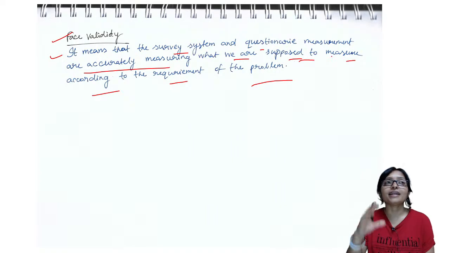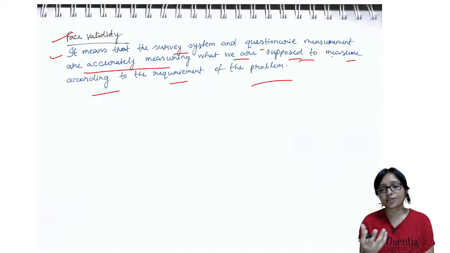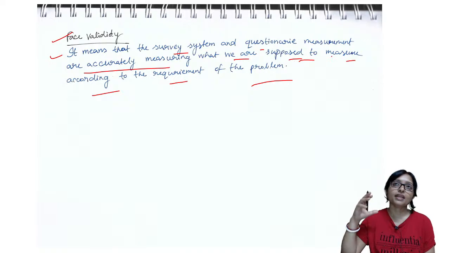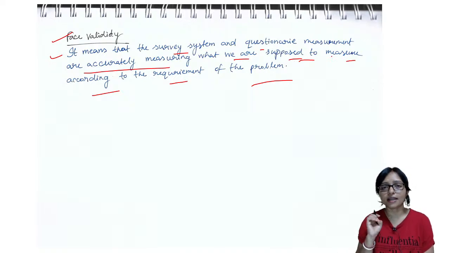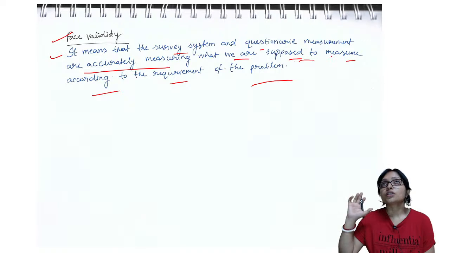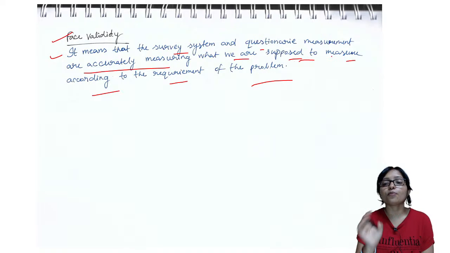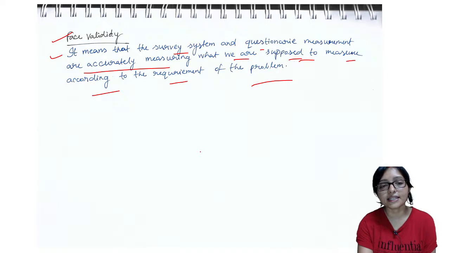Means my target is to see what the educational rate in the population is, how many females are educated, how many males are educated, how many children are going to school. That is only my target. I am not going to check other properties of the society, what the culture is, what the food habits are; I am not going to measure that. Whatever my criteria, I will measure only that accurately. That is called face validity.